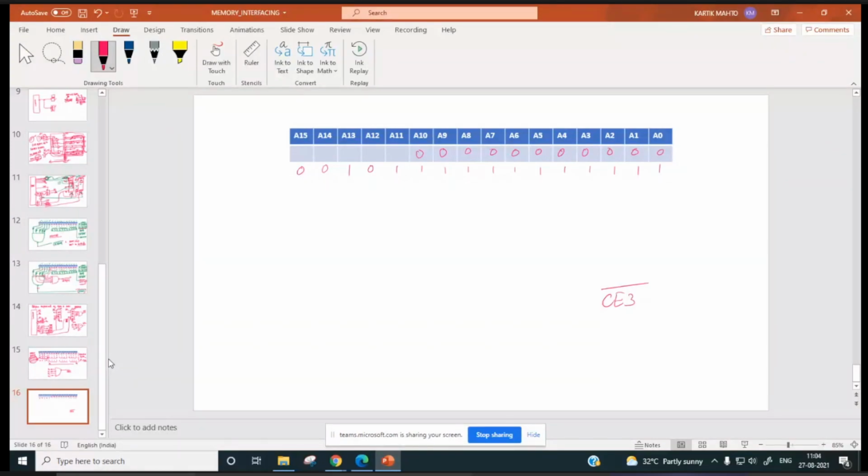Okay. So it means CE bar 3 will be this. A11 will go directly. A12 will be inverted. A13 will go directly. A14 will go after inversion.